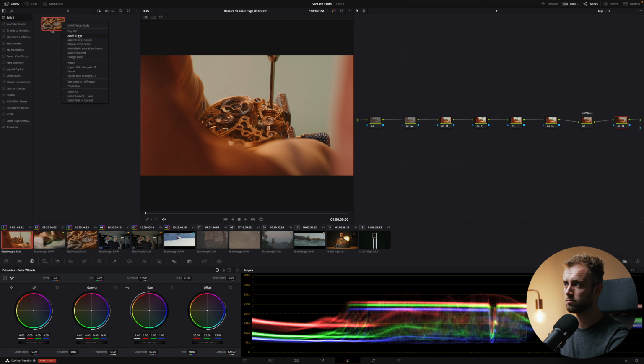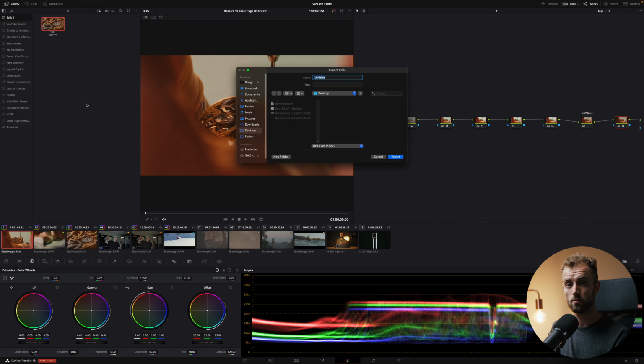Next up, if we take a look at the drop-down menu, you can change the label name. So say, hey, YouTube, what up? You can also import different power grades from your stored computer somewhere, and you can export them. This is, of course, extremely powerful if you want to either sell them or you want to store them in your Google Drive if they're extremely precious. They will be saved as a DPX file, which you pretty much cannot load in anywhere else, only Resolve. So make sure you name them properly so you remember that this is a power grade.